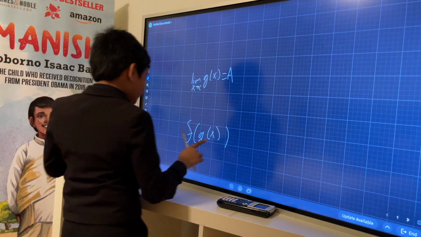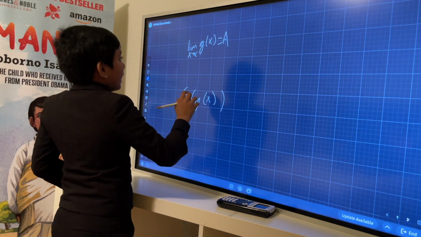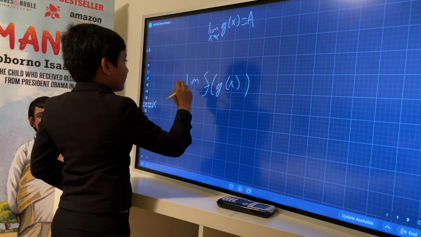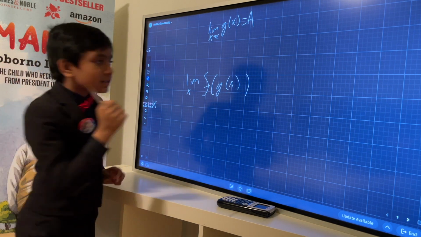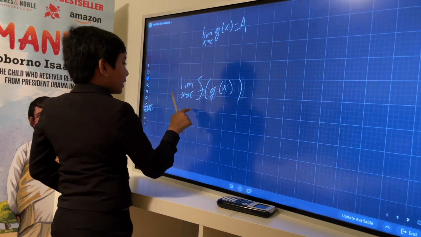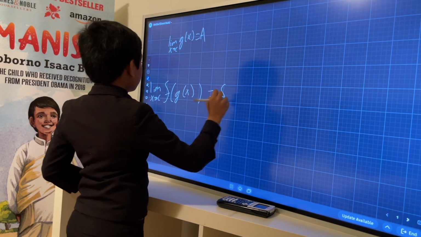So we get a over here, and so now the limit as x approaches c of f of g of x will be equal to,